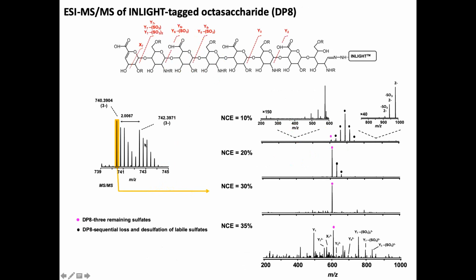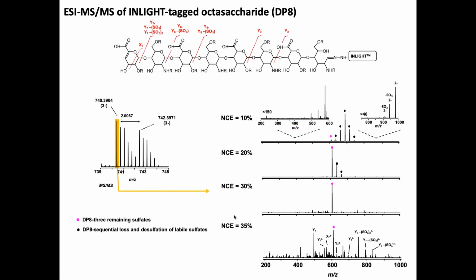So with this guy, you're starting to see some overlap with the isotopic distributions. This is a 3- charge state for this DP8. This is the light labeled, and this is the heavy form. Okay, if I end up doing collision at different energies, then one of the challenges and the reasons that you